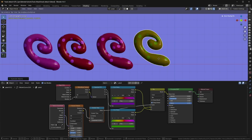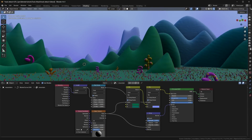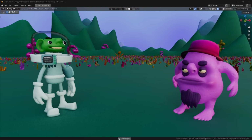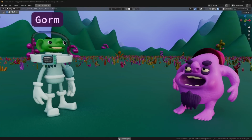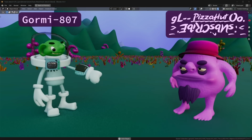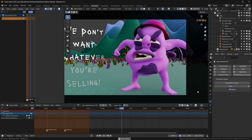Then I threw some materials on to make the colors more random and to give things texture. A few people want to know the names of the characters and their races. So the astronaut is a race called Gorm, and their name is Gormy807, and the alien's race is Bootdadaloo Bootdat, and his name is...